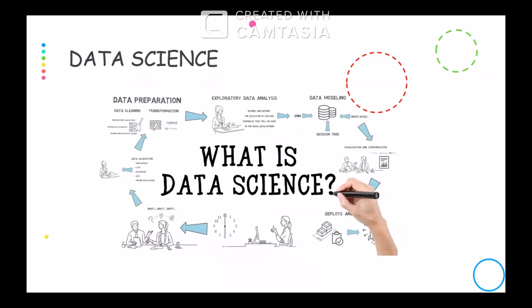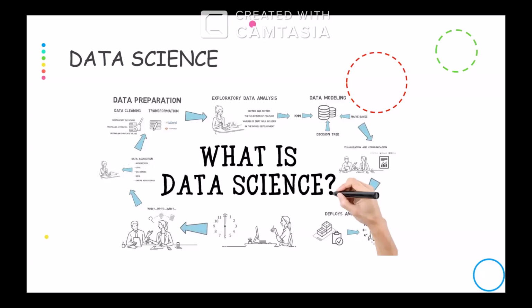And whenever we are talking about artificial intelligence, there is a need of mentioning data science. Okay. So what is that? What is the need of mentioning data science in connection with artificial intelligence? Okay. So to understand that part, you need to understand what is data science first. Okay. So data science, as the name suggests, it's a science that deals with data.